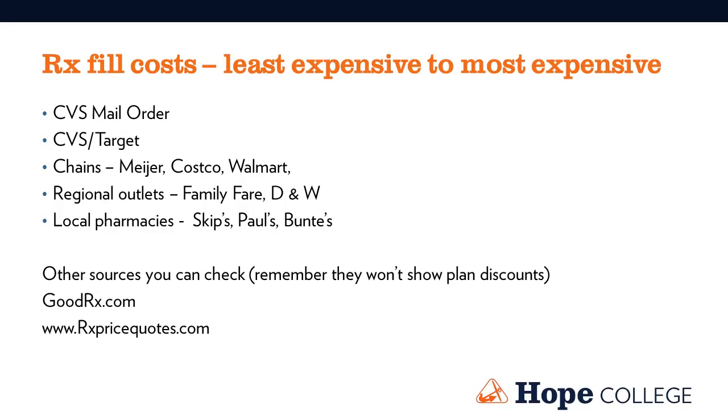Part of what goes into the pharmacy costs is also dependent on where we purchase our drugs. We know, for example, that the CVS mail order, which has similar pricing to CVS and Target, are going to be most often our least expensive way to get our drugs. This is because we have negotiated contracts with these companies and have already negotiated rebates and discounts with the drug